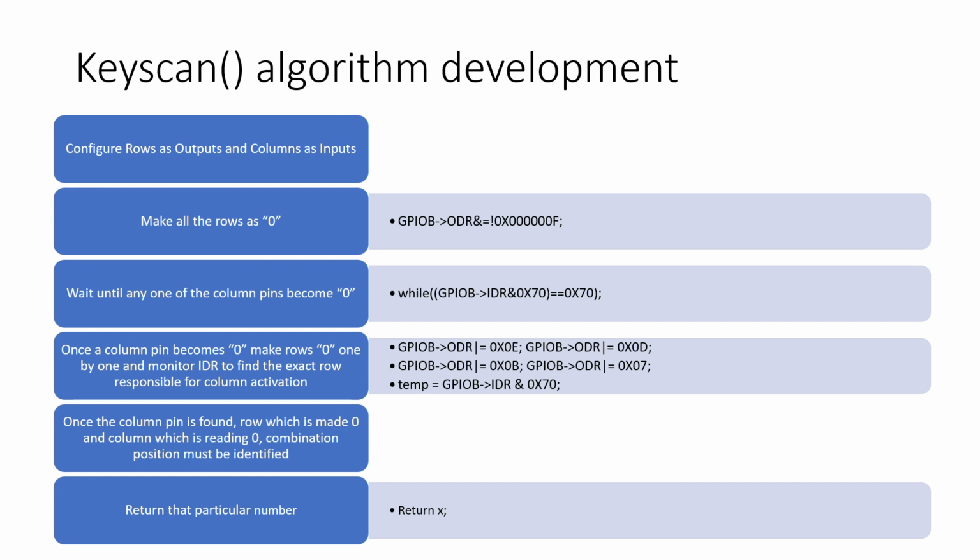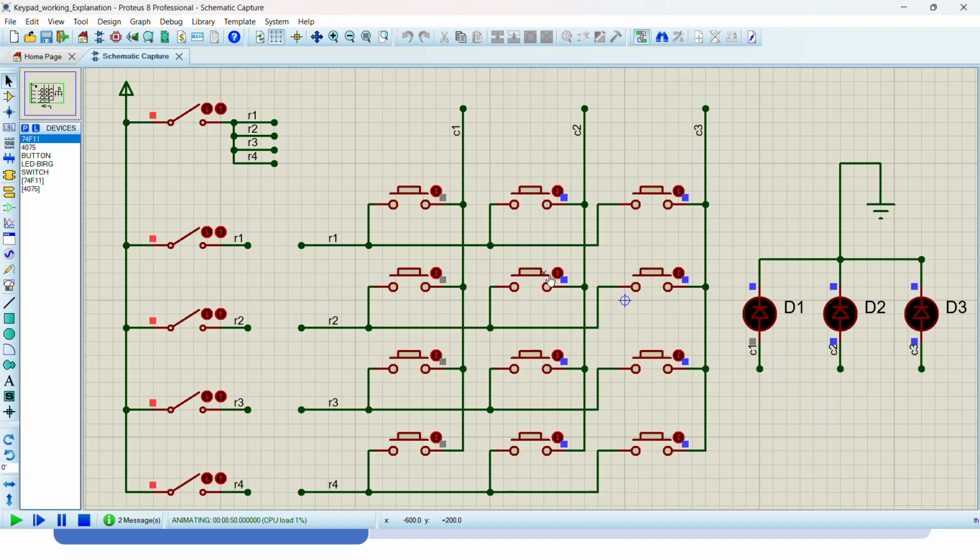Before moving into this interesting part, I want you to look at this Proteus simulation, a simple Proteus simulation. If you observe here, we have all the rows here, all the columns here. I have a row pin connected here, which is not powered yet, so if I'm pressing this, nothing is happening. If I'm powering this row, let us say I'm switching on this switch corresponding to the power rail, whenever I'm pressing it, you can see that the C1, which is nothing but